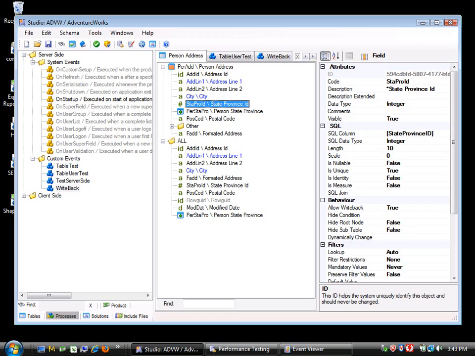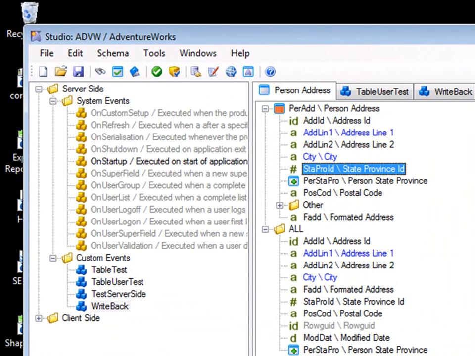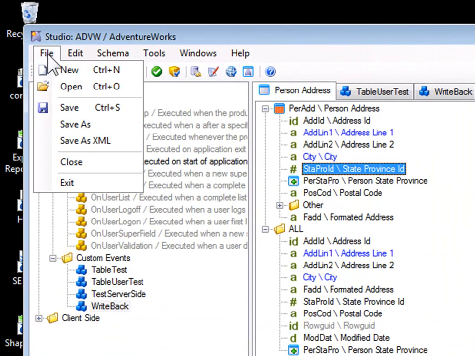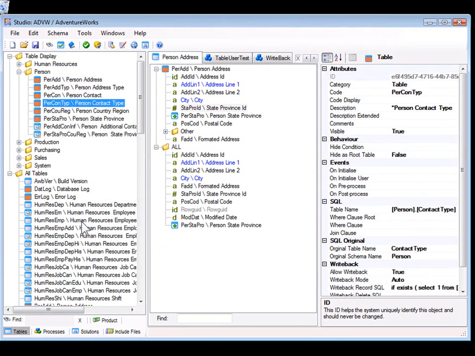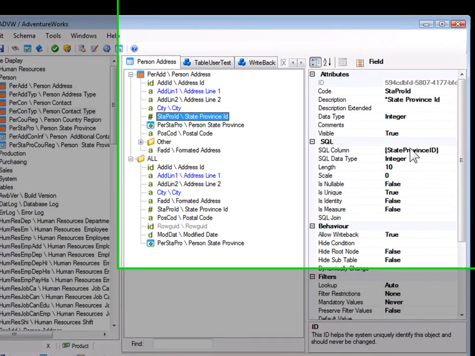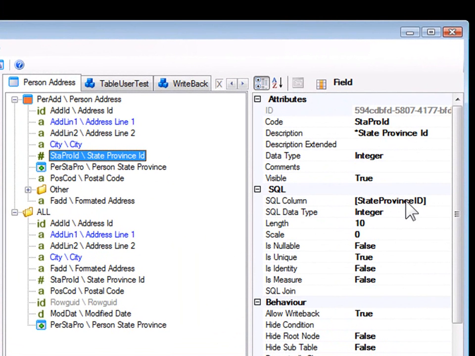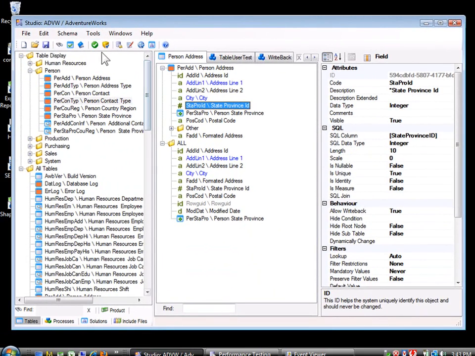In this video we'll be covering how to debug and test data models that are created in Studio. We'll start the process by opening up the demonstration data model called EventWorks, and from there you can see that we've got a number of tables for the data model, and behind the tables there are SQL portions for the tables and the columns. If we have a mistake in some of the SQL syntax, we can detect it by